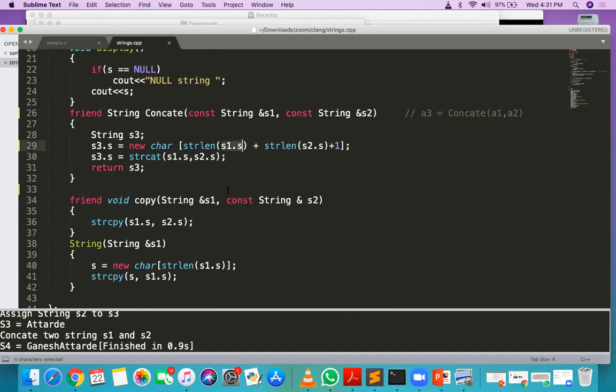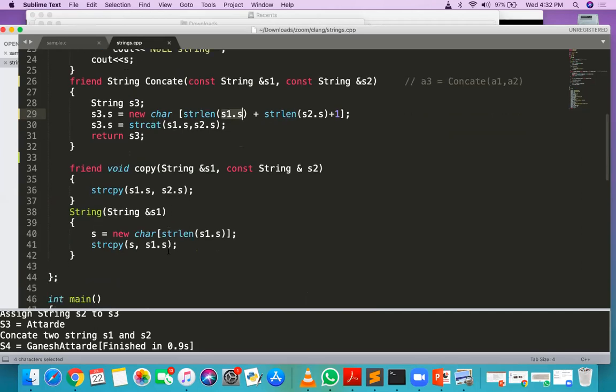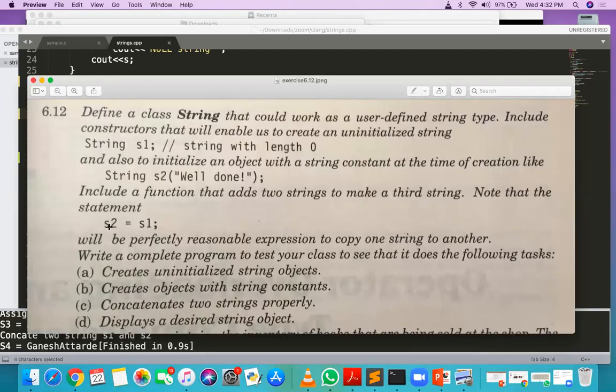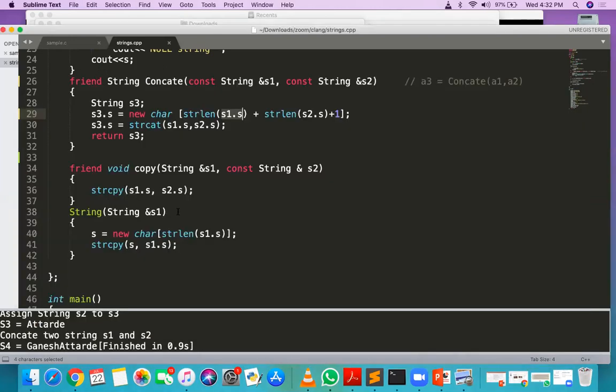Now the next one is the copy. Copy is nothing but s2 is equal to s1. Simply, if I want to copy one string into another string, if I want to copy s2 into s1, I'm calling the copy function.